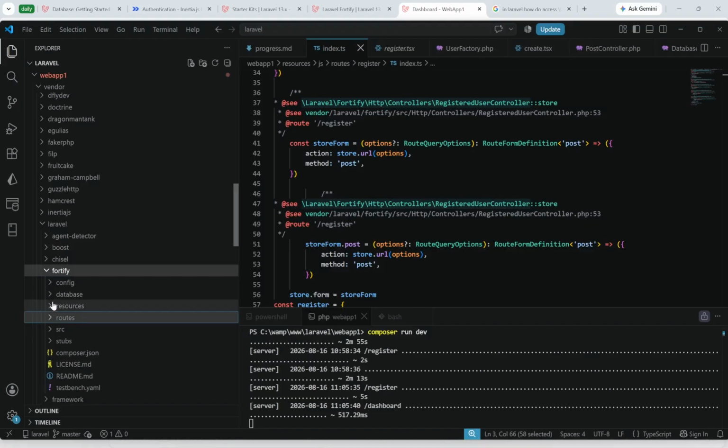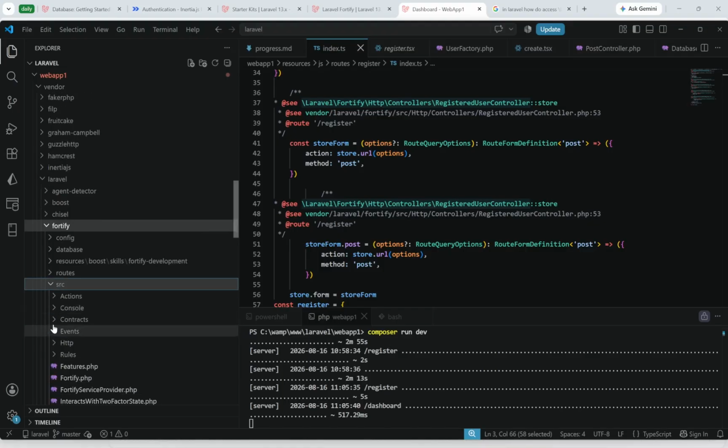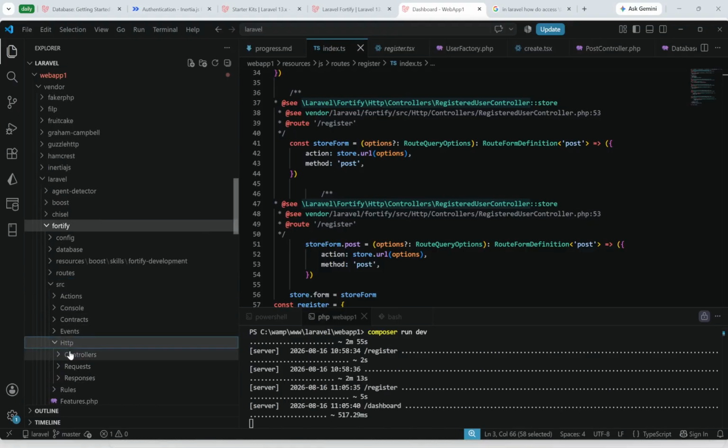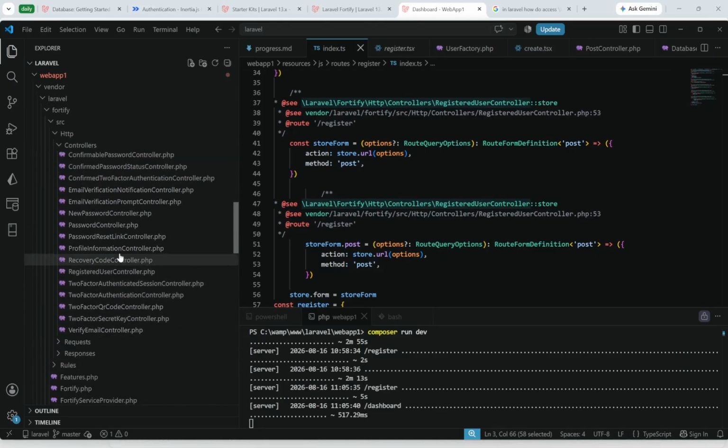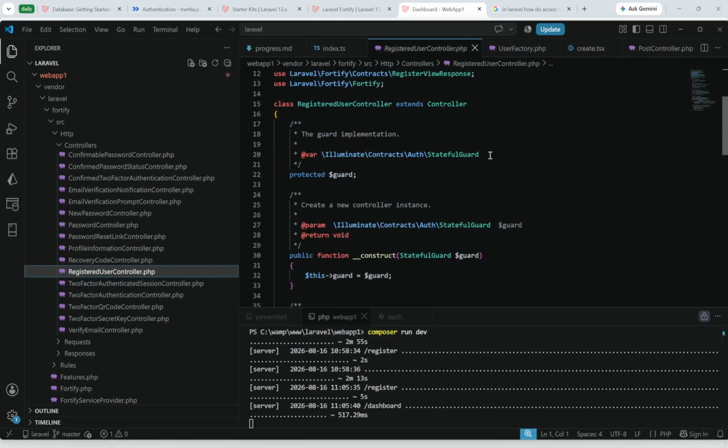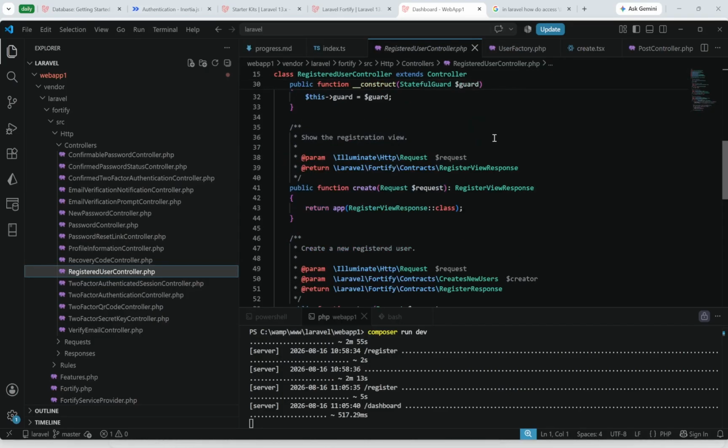Fortify, routes, resources, source, HTTP controllers, and registered user controller. Let's go here. So let me look into all this logic that's happening. So in create, you get the request, and then there's a register view response, and then there is some type of